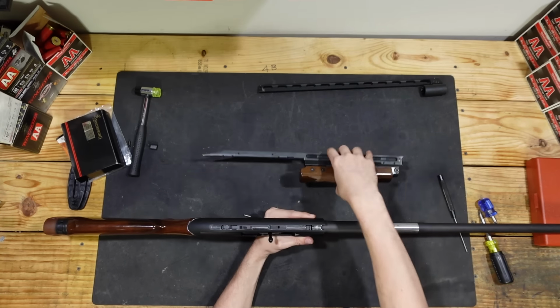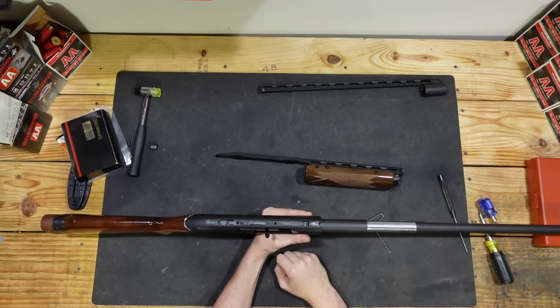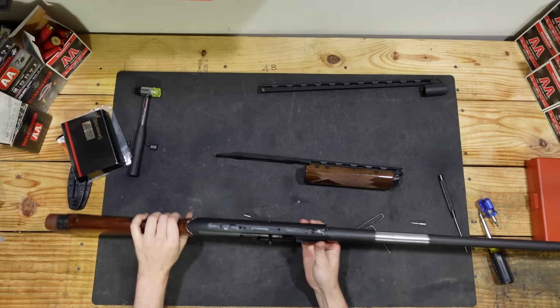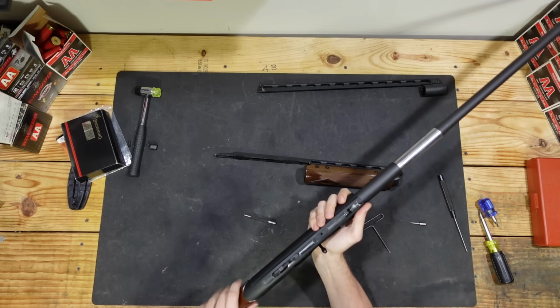If the striker catch isn't sitting flat and it's got a little bit of spring tension on it, you're going to have a bear of a time getting this on. It's possible, and I've seen some people say that's the right way to do it, but man, oh man, I sure don't think so. So while keeping the gun more or less vertical,